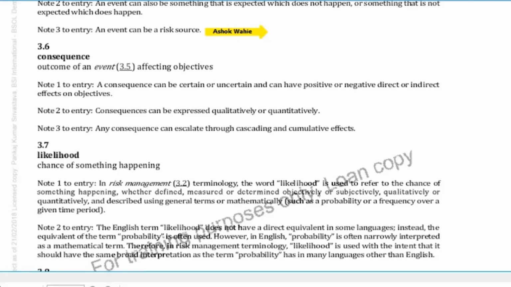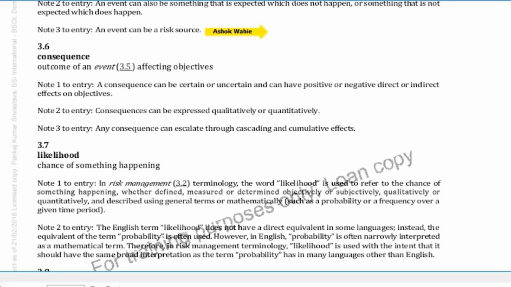Then consequence can escalate through cascading and cumulative effects. So one incident has happened that can give rise to another two incidents, and those two can give rise to more. So this is a cascading effect, a ripple effect as we call it. So when we are looking at the definition of risk, we must look at all these minor